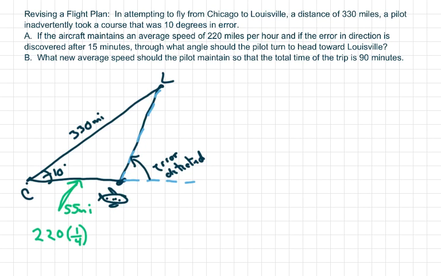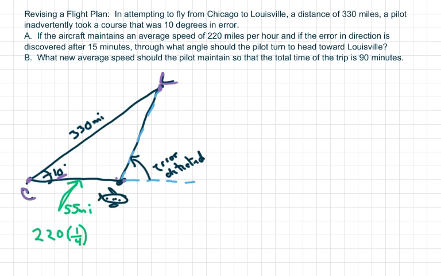Hi everyone, we're going to be doing a revising a flight plan problem using the law of cosines. The way I labeled this is Chicago here, this is Louisville. A pilot wants to go from Chicago to Louisville, which takes 330 miles. However, he inadvertently got off course by 10 degrees here, so he started flying this way